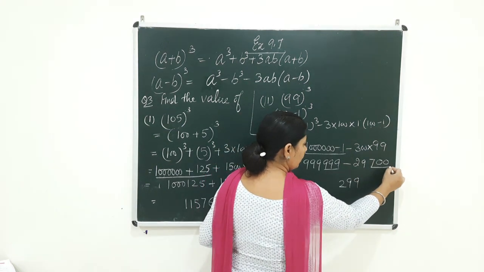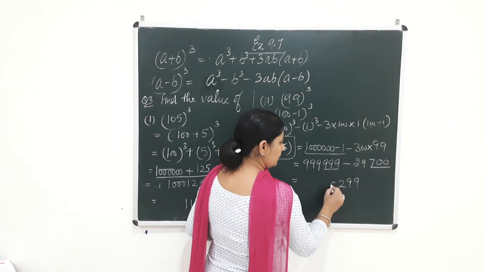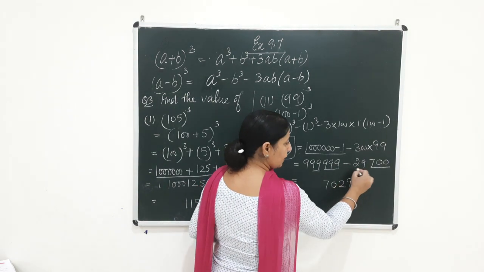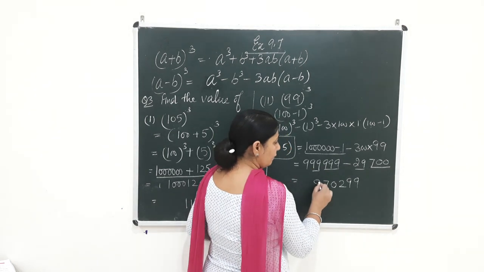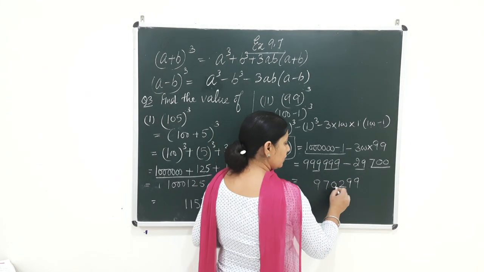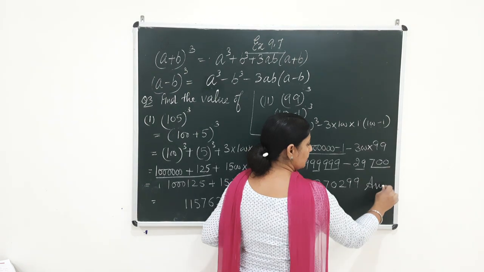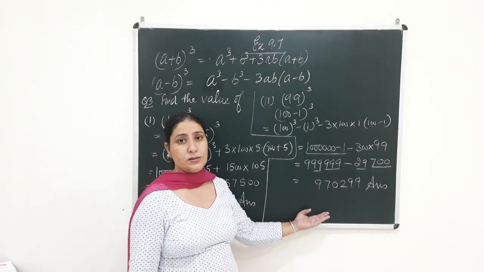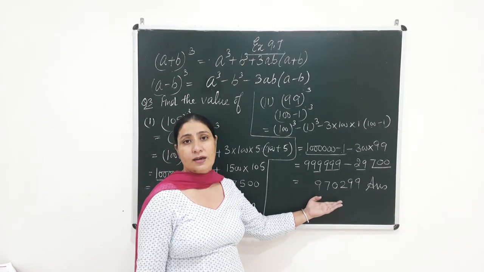Beta, you have done the calculation. Now again 9 minus 9 is equal to 0, 9 minus 2 is equal to 7, so again two numbers done, and the last 9 left which you will write here. So 970299, this is your answer, beta. This is another way of doing the calculation. Do the calculations carefully, digit by digit, okay?